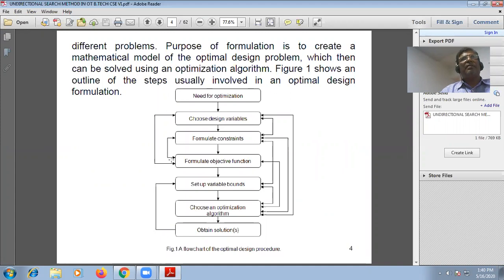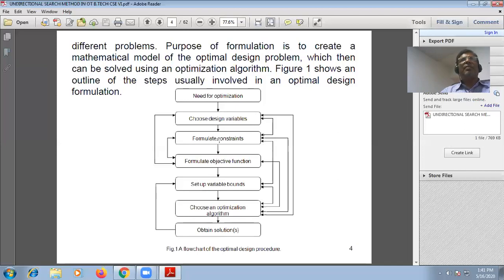In the figure we have given here is the outline of the steps usually involved in an optimal design formulation. First of all, need of optimization, then choose design variable, then formulate constraints. You should remember all these steps. Step 1, 2, 3, 4, 5, 6, and the last step is the 7th step, and in the 7th step, you are going to find the solution of your optimization problem.